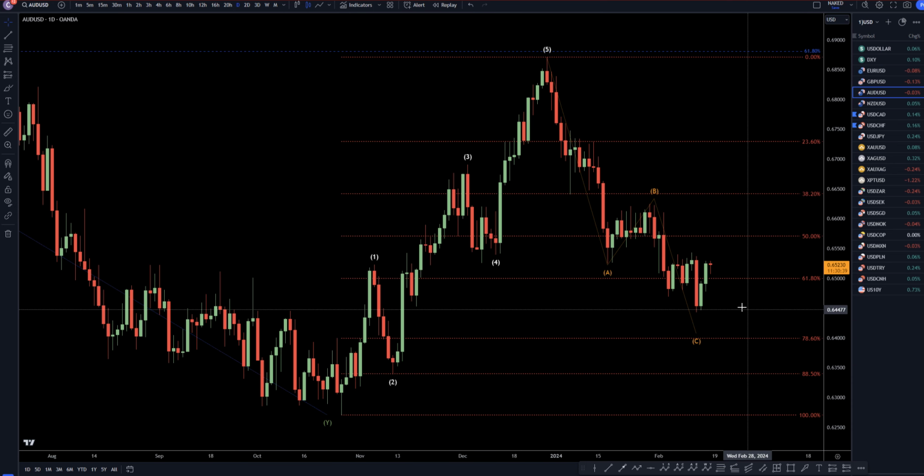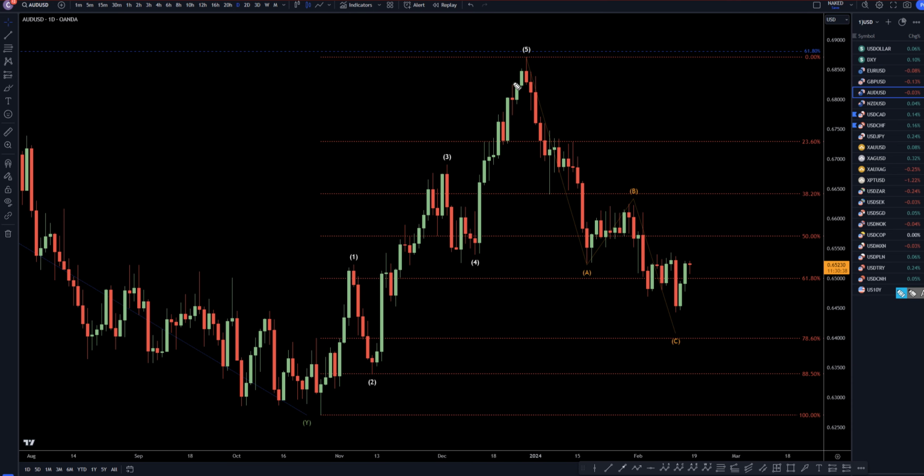Now, going down to the daily time frame, we've definitely been going down very strong ever since this major turn back here. I have definitely been looking for shorts pretty much ever since this big red candle right here, and I will definitely continue to look for shorts until we get a break of structure to the upside.